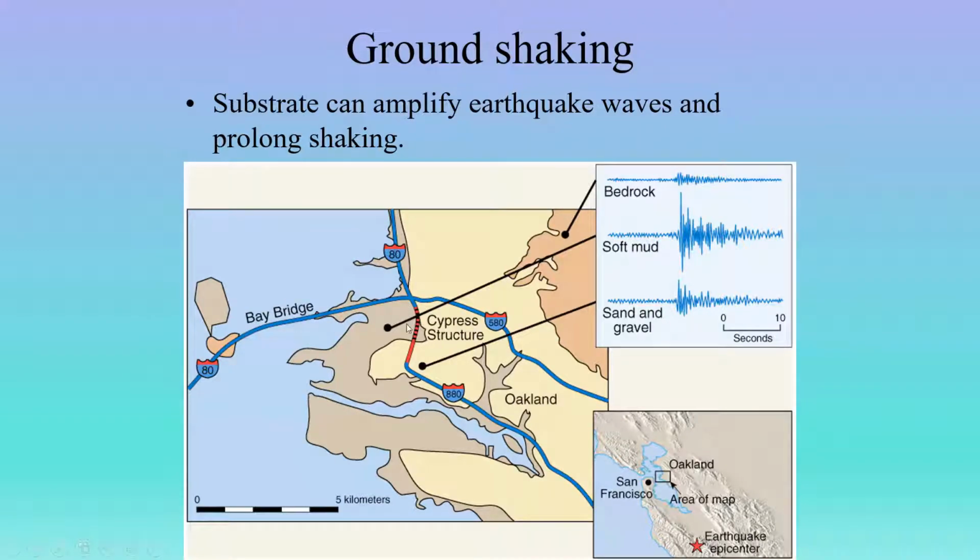And from the very first picture I showed you at the very beginning, where that one bridge went down in California, a double-decker highway, it collapsed on top of itself. This is right where it happened, along this 880 here. And the reason it happened there likely was because this was a section that was built in the soft mud, which experienced a lot more ground shaking. And the supports for that double-decker highway were not engineered well enough to sustain the extra ground shaking that it experienced because of this soft mud, right?